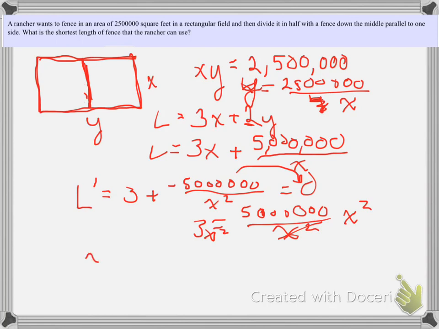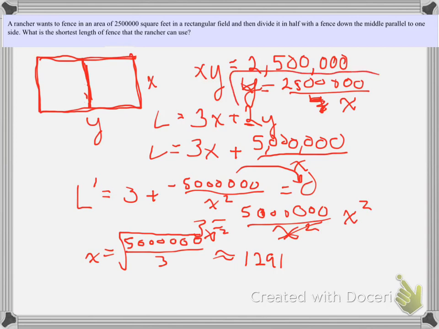Solving that is going to give me x equals the square root of 5 million, one more 0, over 3. We only need the positive because we're talking about a length, which is approximately 1,291 feet. Now, taking that value and plugging it into our equation up here, that'll give us our y,